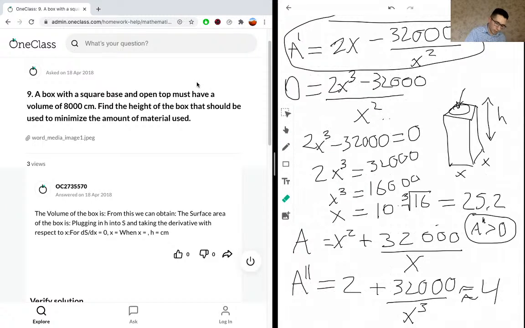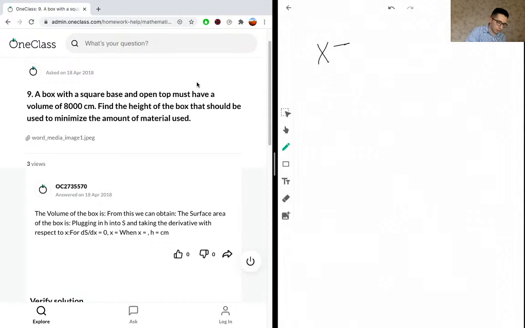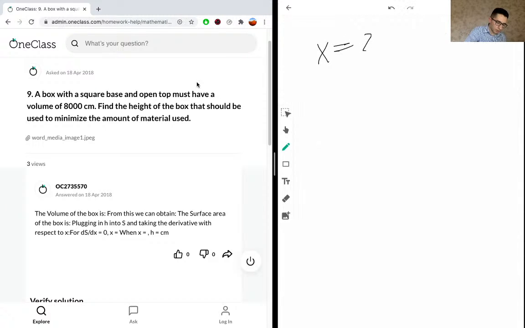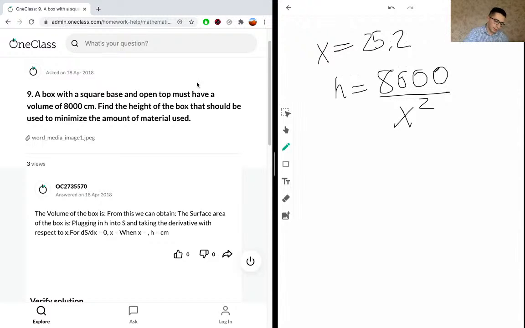So we'll clear the page. We know that the value we got was 25.2. So when x equals 25.2, we know at this value we get the minimum surface area. So we have the equation height equals 8,000 over x squared, and when we substitute x, we get 8,000 over 25.2